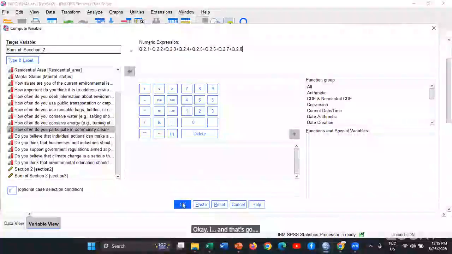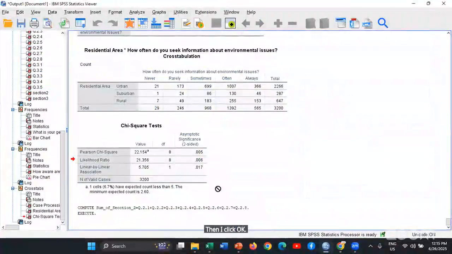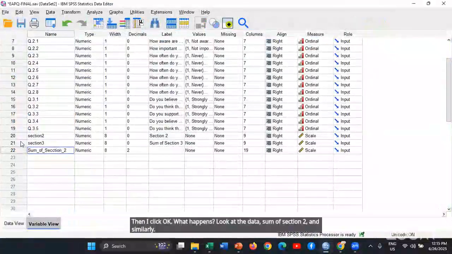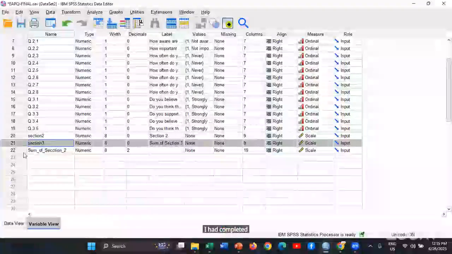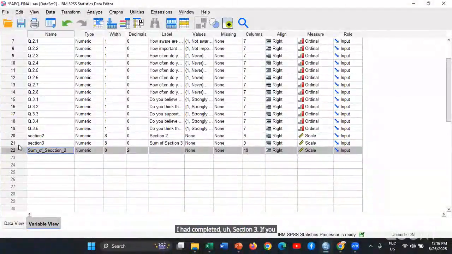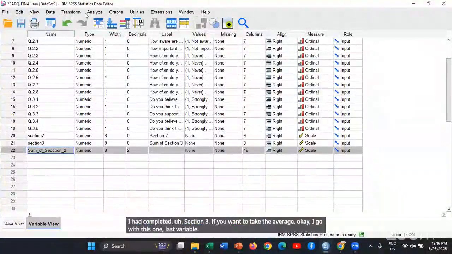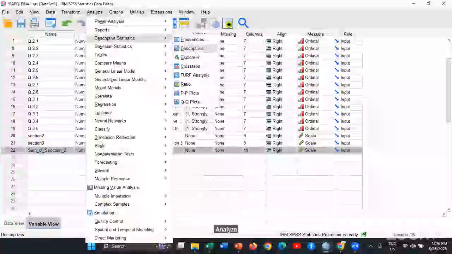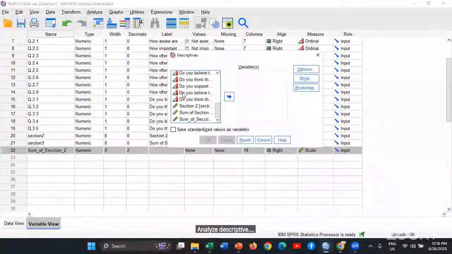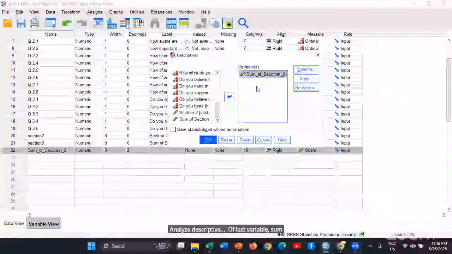Then I click OK. What happens? Look at the data, sum of section 2, and similarly, I had completed the section 3. If you want to take the average, okay, I go with this one, last variable, analyze, descriptive, last variable, sum of section 2,